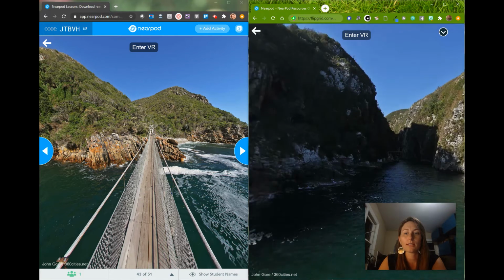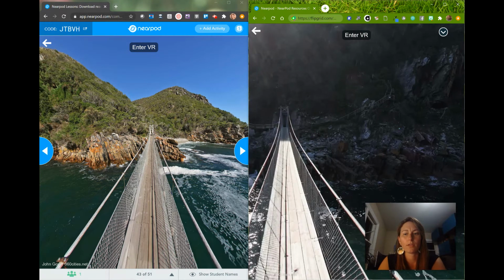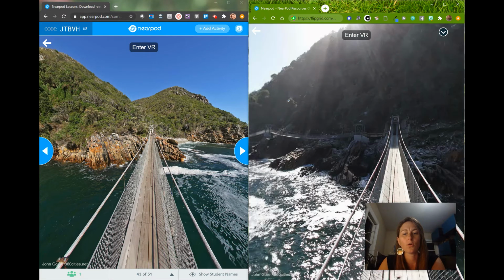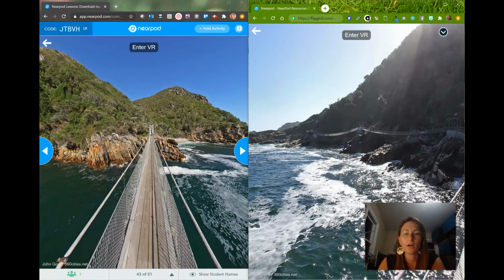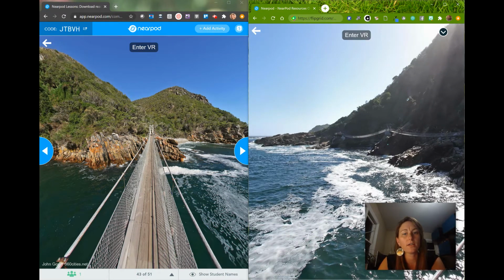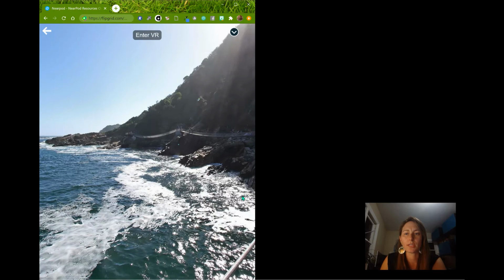Students interact in exactly the same way with either their finger on a touch screen or with the mouse. They also have the option to enter VR. You can tell them not to, but they're probably going to click it anyway, and then they're probably going to ask you how to get out of it again. I do want to point out that if the students enter VR,